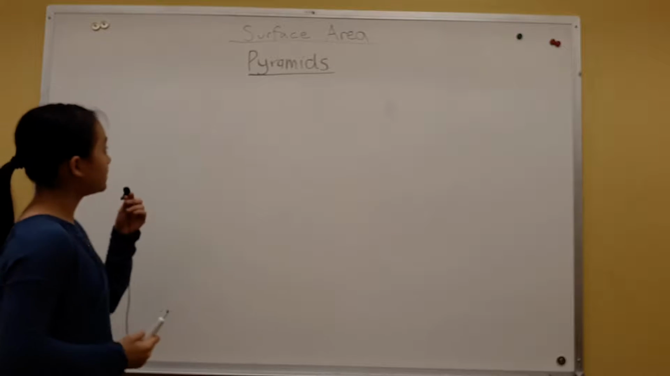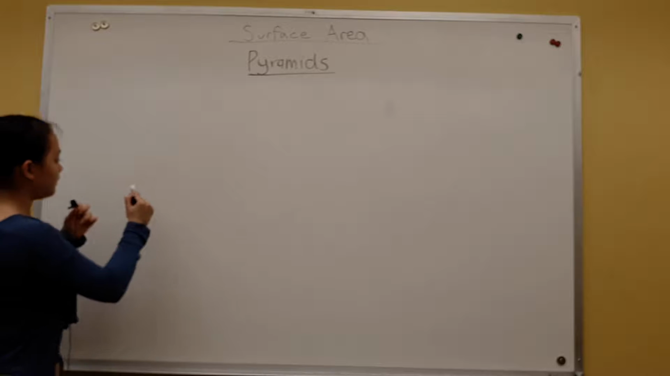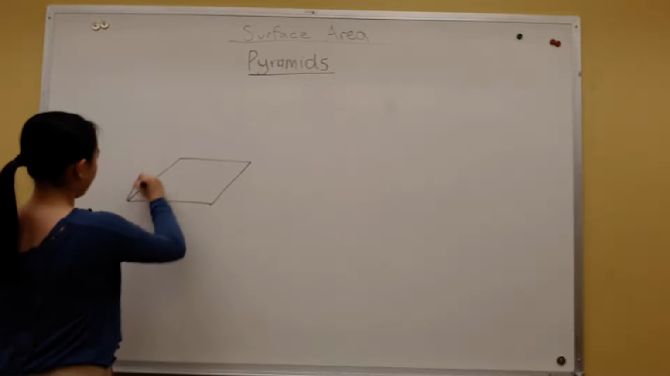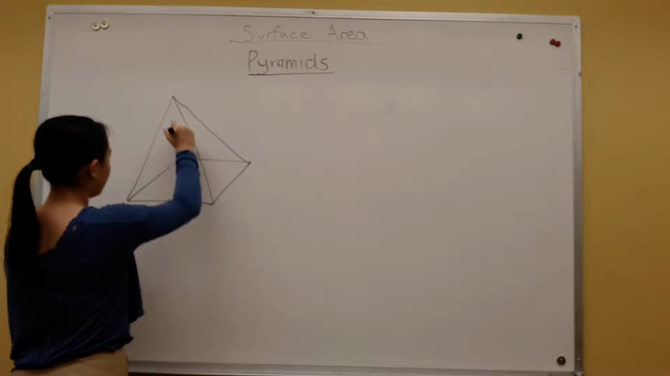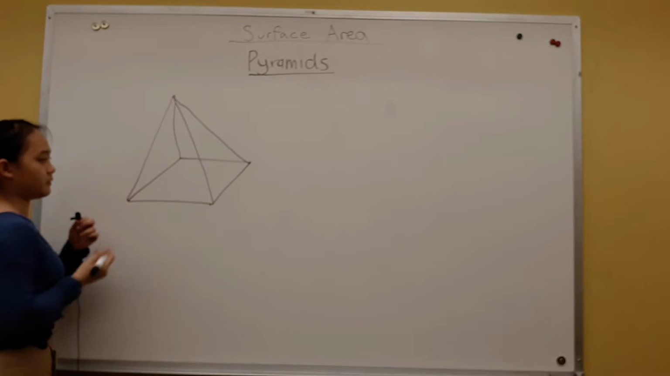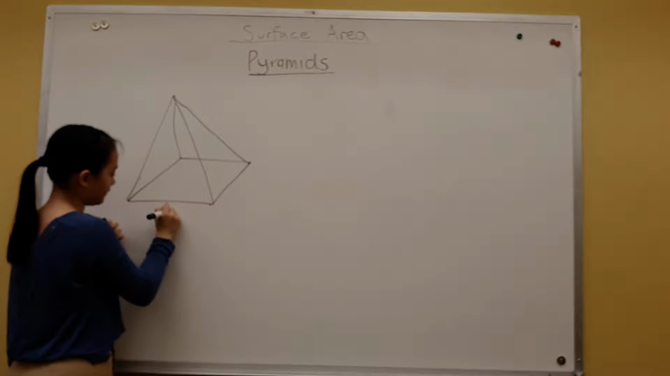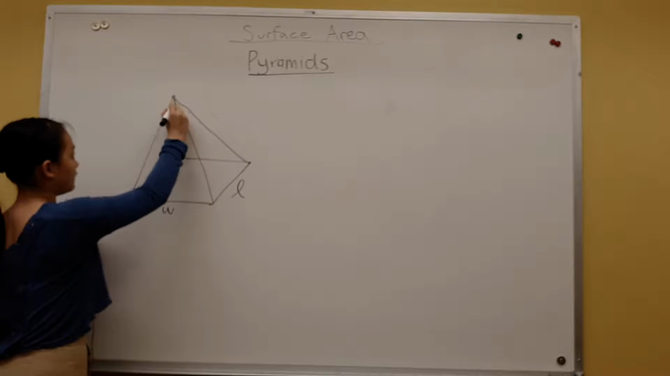All right, the final shape we'll be doing for surface area is a pyramid. A pyramid is just a shape with a rectangular base, and all these bases can lead up to a common point, a vertex. So, like before, the rectangular base has dimensions W and L for width and length, and this overall shape has